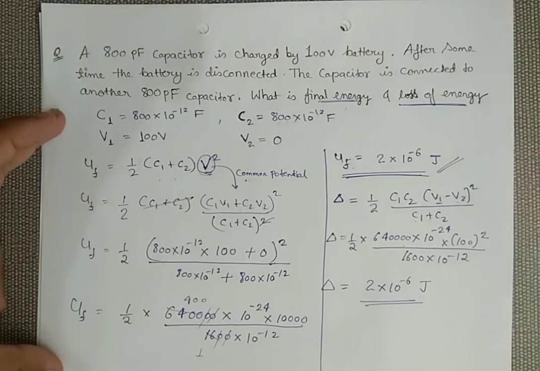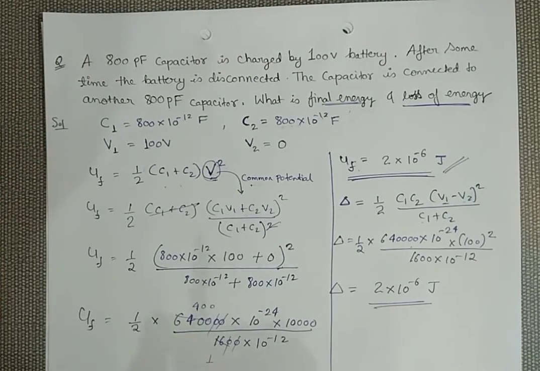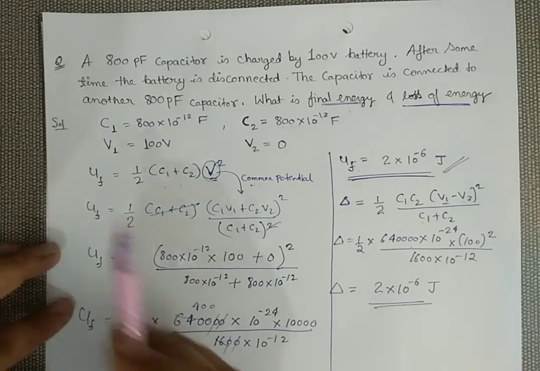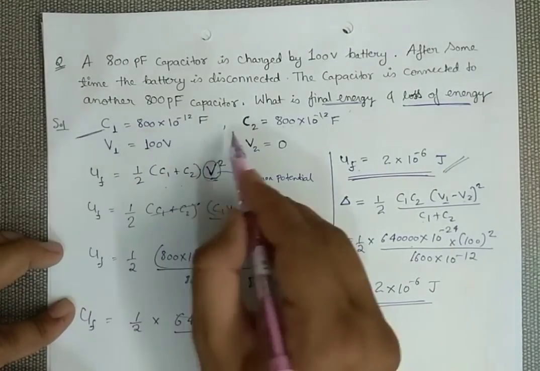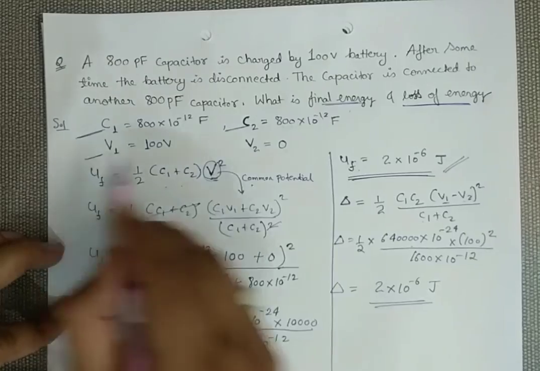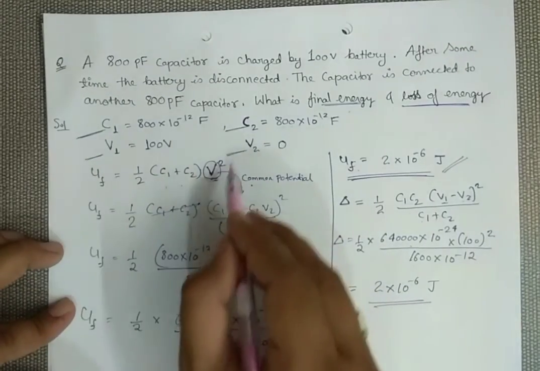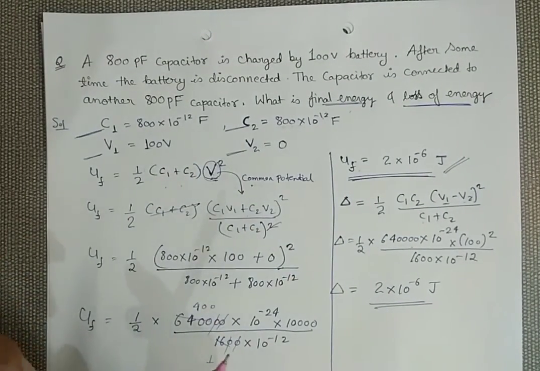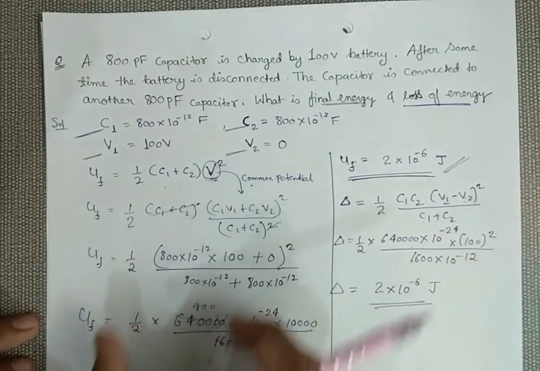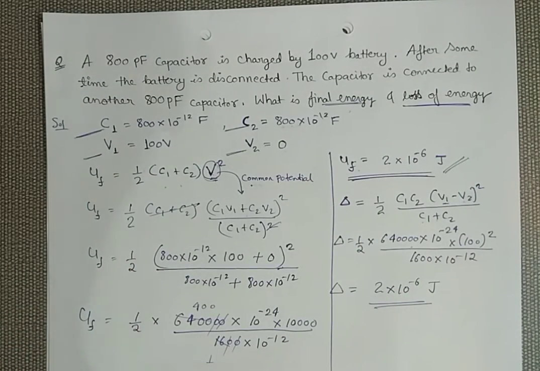So you are going to get such types of questions. Just look carefully at what you have to calculate, or what you have to take out from the question. Just try to find out the values of C1, C2, V1 and V2. All these four things you first need to find out, and after getting these four, you just have to substitute in the formula. So just go through this topic very carefully.